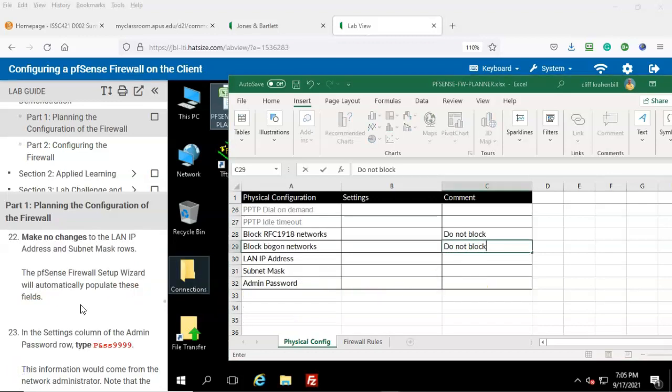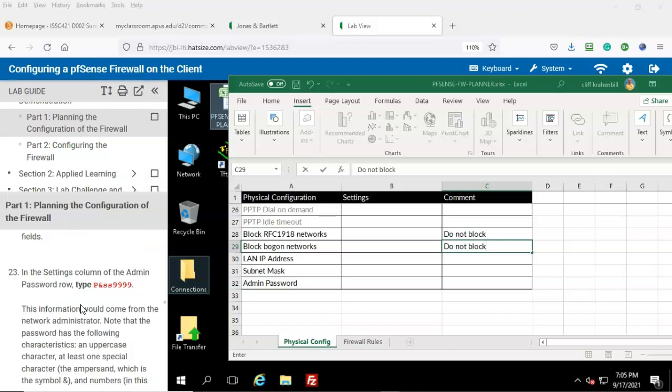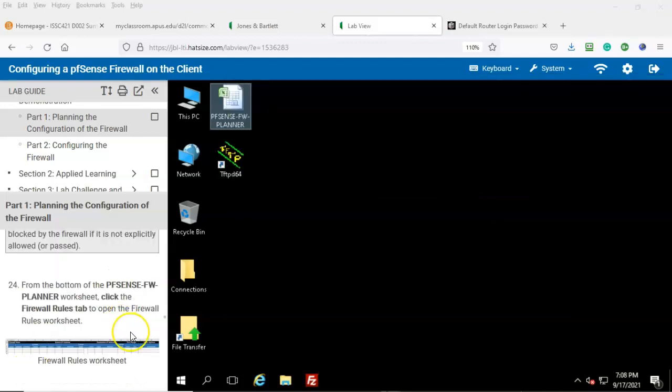Step number 22. Make no changes to the LAN IP address and subnet mask rows. The pfSense Firewall Setup Wizard will automatically populate these fields. Step number 23. In the settings column of the admin password, you're going to type in a new password. Capital P, ampersand, lowercase ss, 9999. From the bottom of the pfSense FW Planner worksheet, click the Firewall Rules tab and open the Firewall Rules